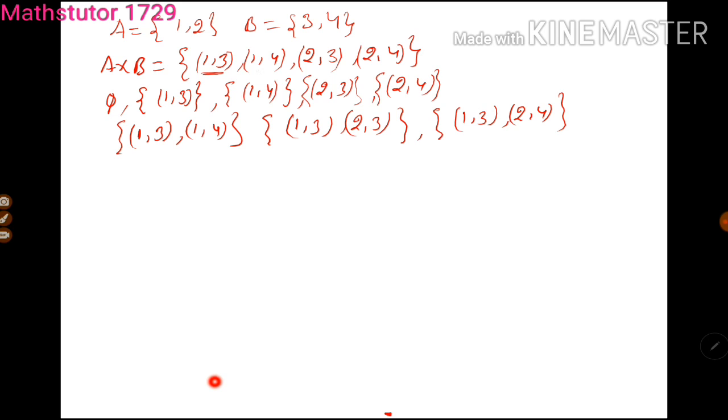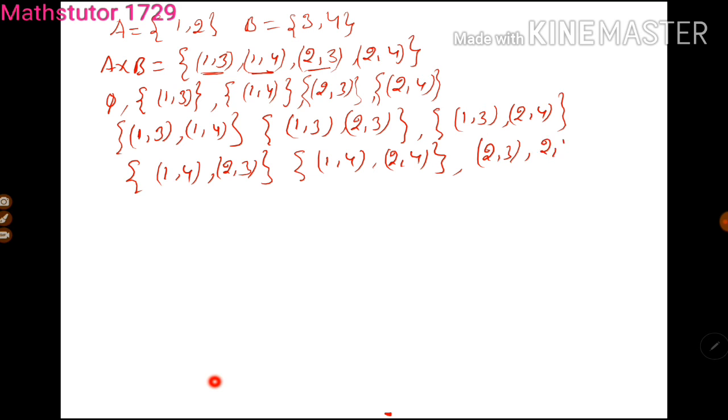Now fix this one and collect two elements. Next (1, 4), (2, 3) is one set, and again (1, 4) and (2, 4) is another set. Next, fix (2, 3) and write (2, 3) and (2, 4) as one set. This is the subsets containing two elements.